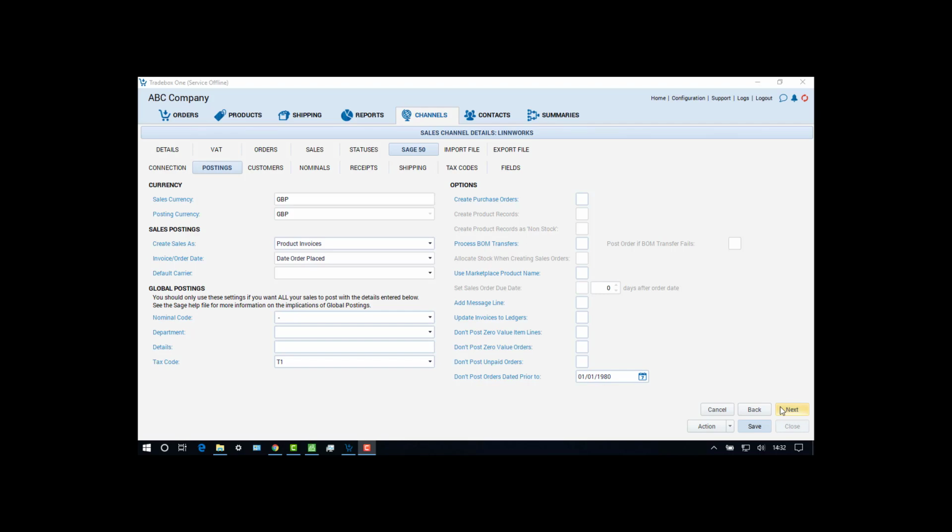The sales posting section allows the user to establish what type of transactions they wish to create in Sage 50. If stock movement is required in Sage 50, the user must choose to create either individual product invoices or individual sales orders. If stock movement is not required, the user can choose to create individual service invoices in Sage 50. Alternatively,